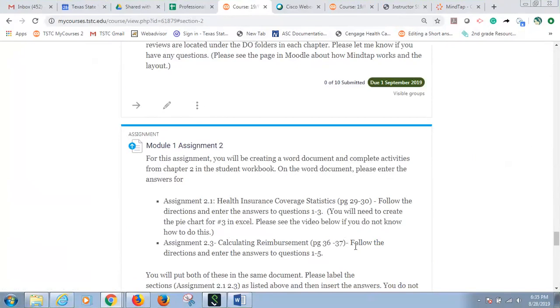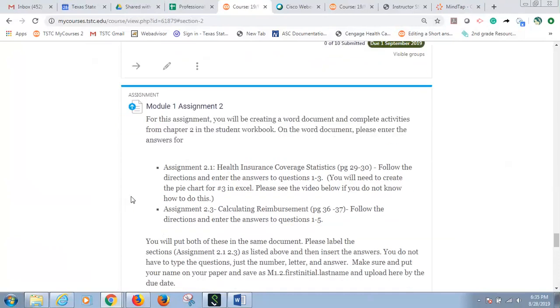And this calculating is just getting y'all to the very tip of what it's like doing, getting y'all into healthcare statistics and then calculating reimbursement. So this is going to get y'all looking at an insurance card. You're taking what the copay is, what is actually paid, and if a person does have insurance, if they don't, and sometimes I find students have questions on this part.